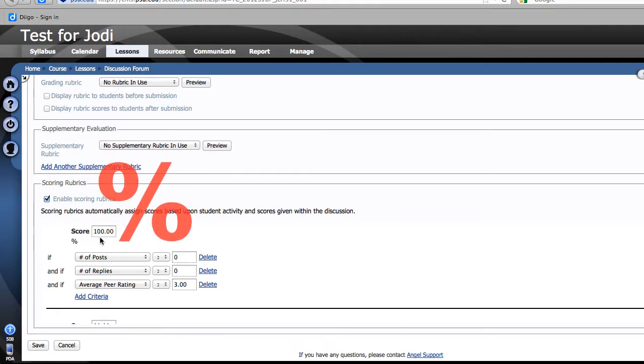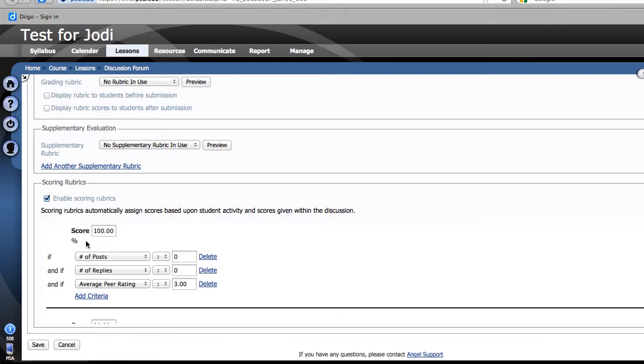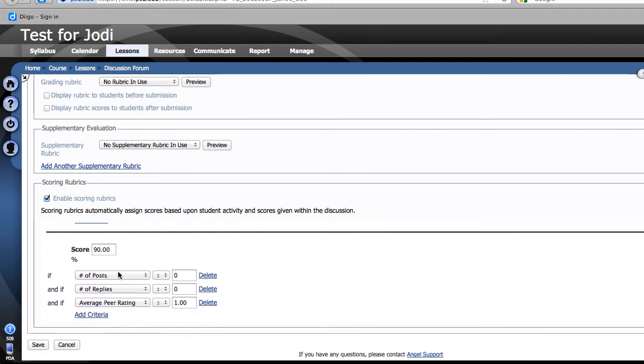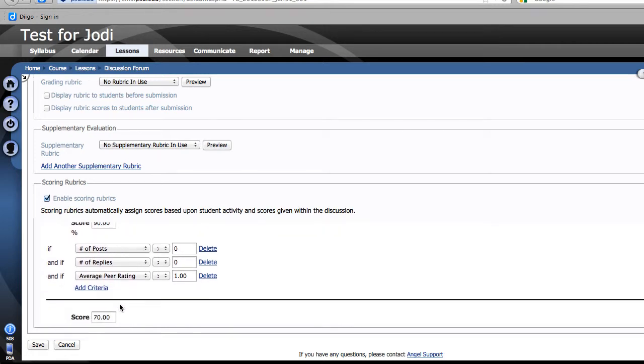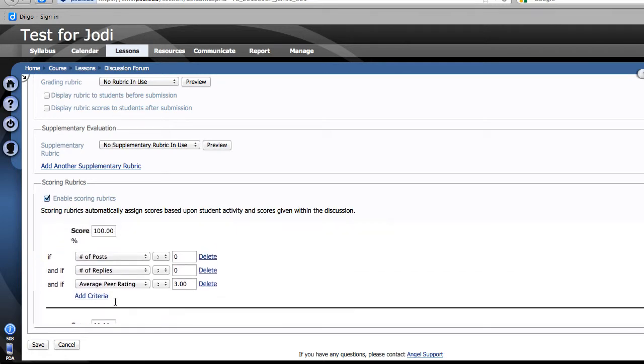as you can see. So here I have my first one as 100%, and then I'll go over the criteria with you in a moment. The next score is 90% if they reach this criteria, and so forth. So right now let's go over the first one. This one, what I'm saying here is that I'm going to give 100% of the total score that I make. Say I plan on making this discussion forum 10 points. I'm going to give them all 10 points if the number of posts, and there are different choices here, greater than, less than, I'm going to choose is greater than 0, meaning I just need them to make one post,